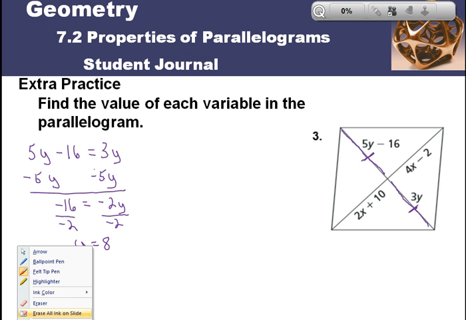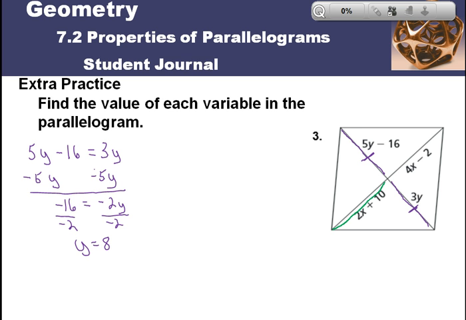Oops, I forgot to pick a different color. I don't know, let's try green for something different. Okay, so this time we have 2x plus 10. So that's this line right here. Whoa, kind of going off there. But that line's 2x plus 10, and this line's 4x minus 2, and we know that these two pieces are